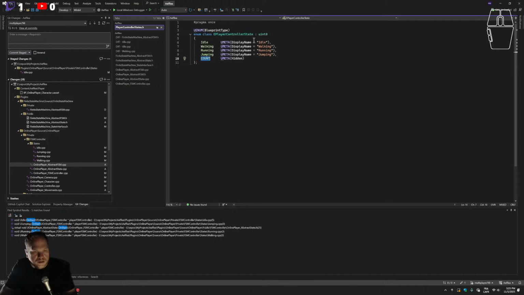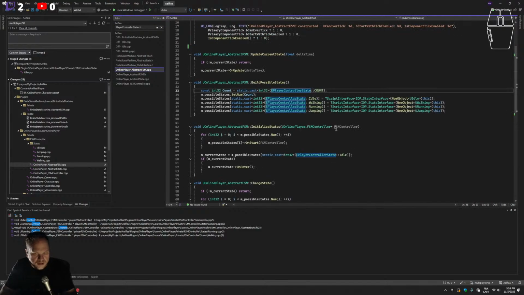I like to use this, this is 0, 1, 2, 3, 4, so it counts as if this was 1, 2, 3, 4. It counts the number of valid states, and so I can use it as a counting thing when I create an